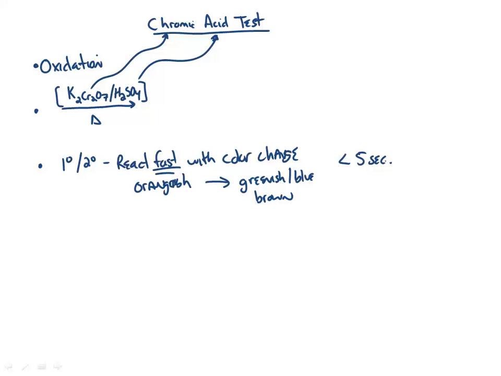The bad thing is that it does not differentiate primary and secondary easily. Meaning you really can't tell the difference between a primary and a secondary alcohol in this reaction, since they both react very fast. And so when you do this reaction, what I want you to focus on is that if I have, say, a primary alcohol,